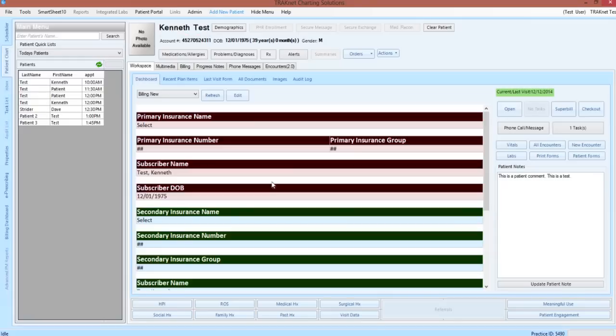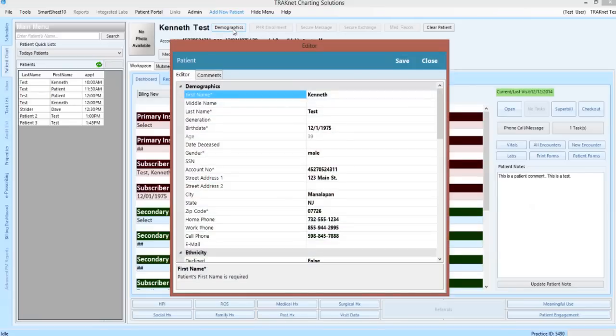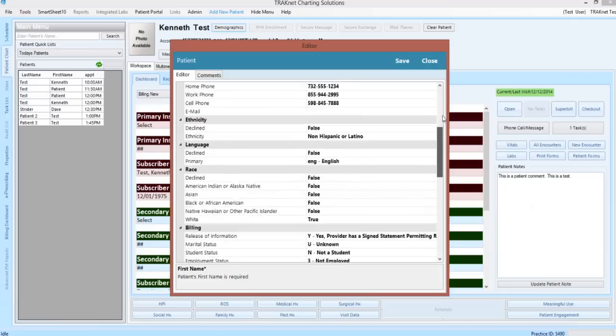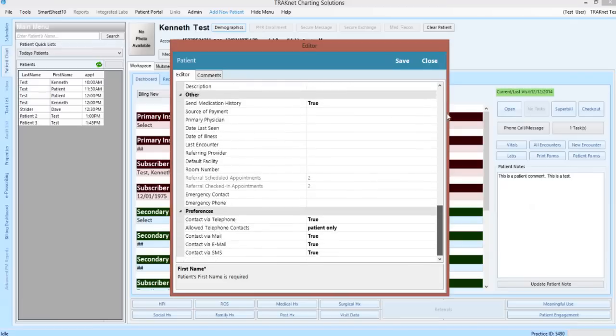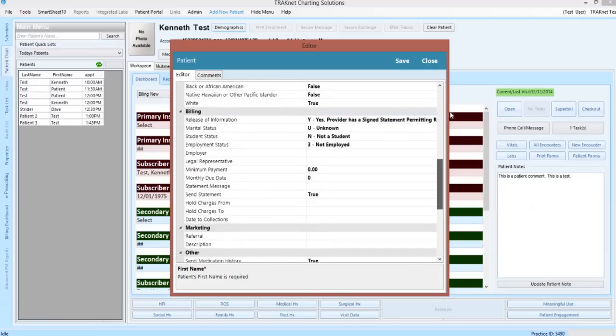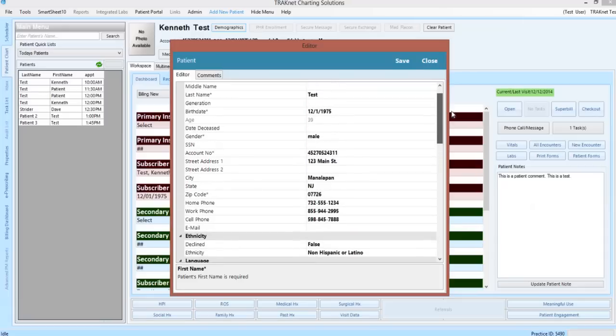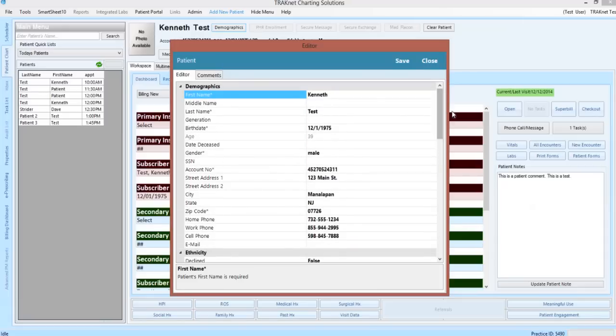To edit any demographic information for your patient, click the Demographics button next to the patient's name. This will then open the Patient Editor window. The Patient Editor window will be categorized based on the type of information you are entering, such as demographics, ethnicity, race, language, and billing information. To make a change on this screen, place your cursor in the field you would like to change and type